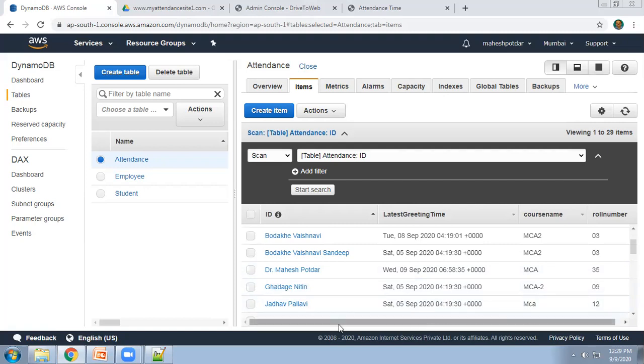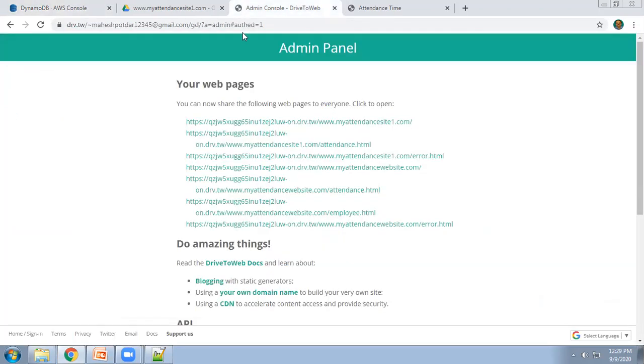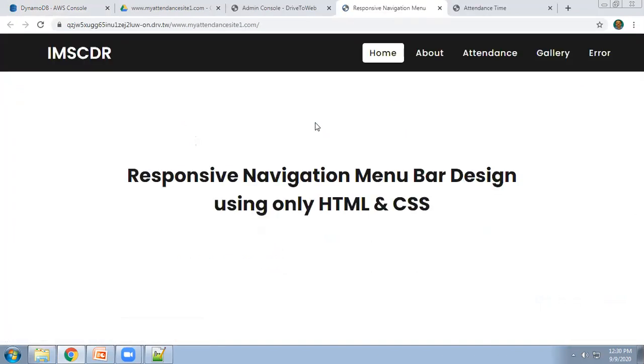So this is the procedure of hosting the website using Google Drive. I have used Amazon services, and I have hosted this dynamic website on Google Cloud with the help of Google Drive services. So just open the site. My site is running on this particular URL. You can use your own hosting services. You have to purchase the URL for a specific name. So today I am covering this much only.